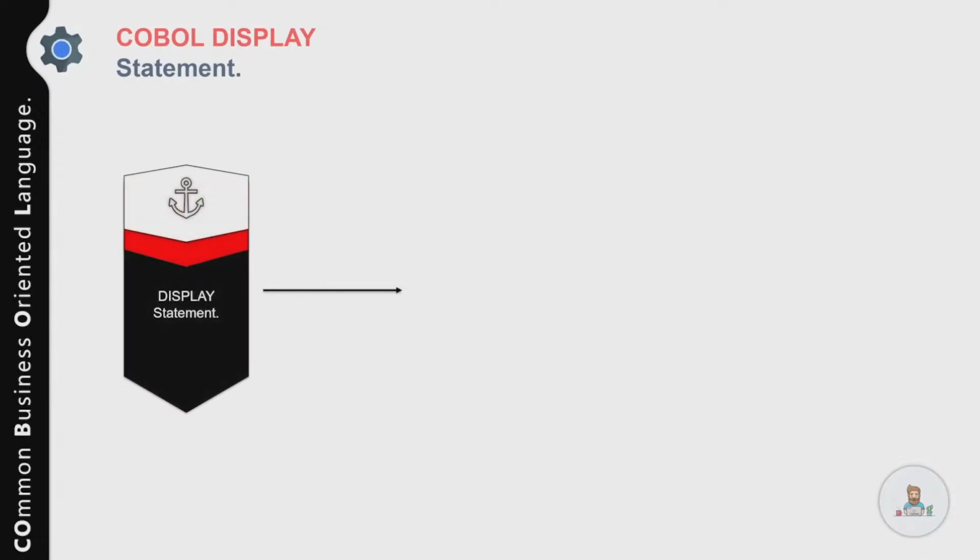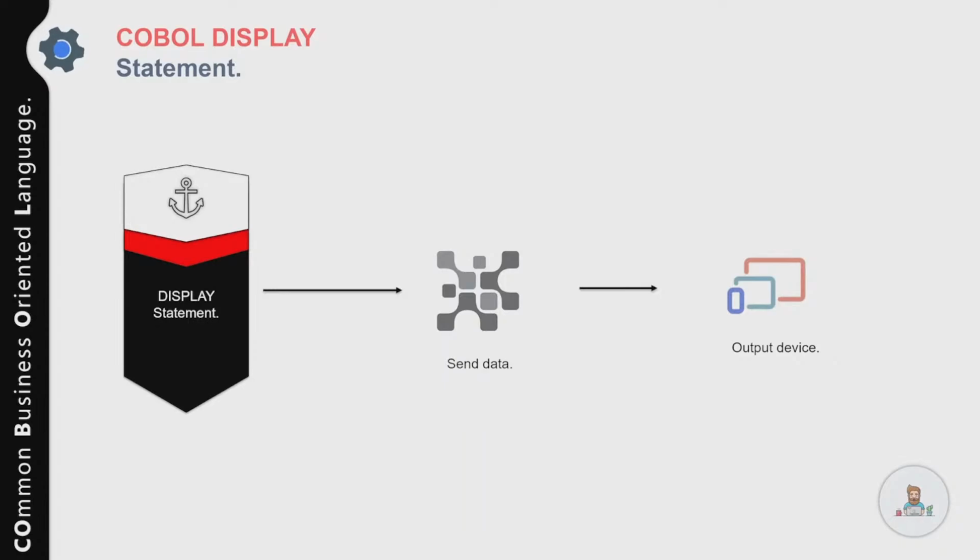Now let's talk about another important statement, that is the DISPLAY statement, and how you can use that in your COBOL program. The DISPLAY statement displays one or more literal or variable values on the screen of a monitor or a terminal. After it displays these values, the cursor moves to the next line on the screen. On an IBM mainframe, the DISPLAY statement sends its data to the SYSOUT device, and the content is displayed on the output device in a specific order, that is from left to right, and in the sequence that you specified